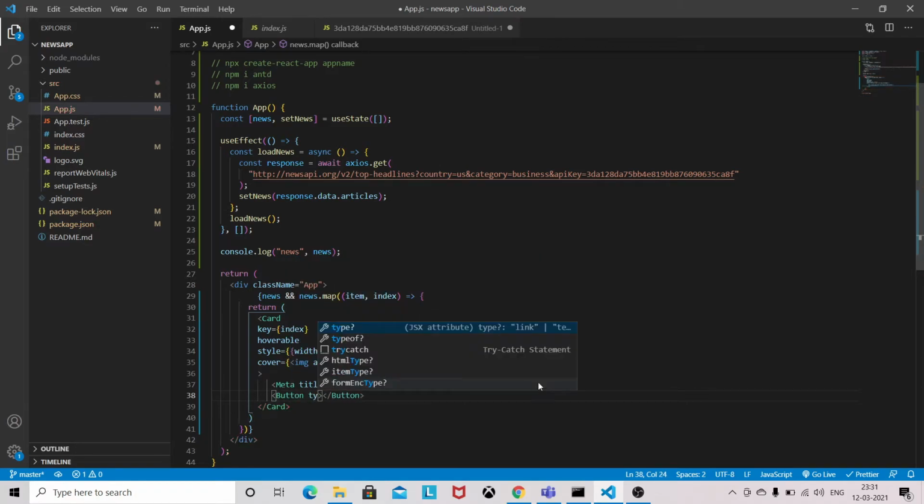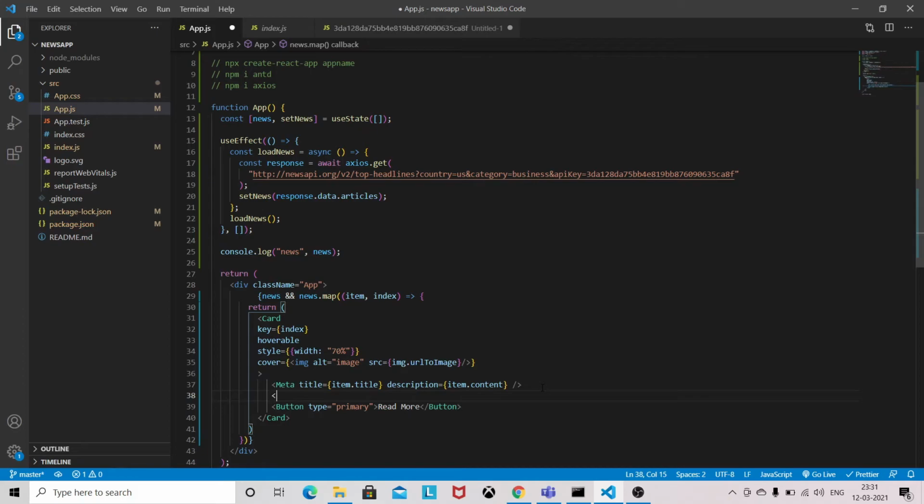After that we need to add a read more button. So type will be primary, read more, and this will navigate to their website. Basically it will open a new tab. I will show you that also. href.